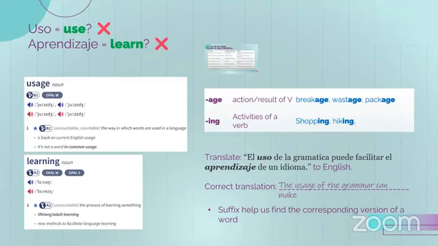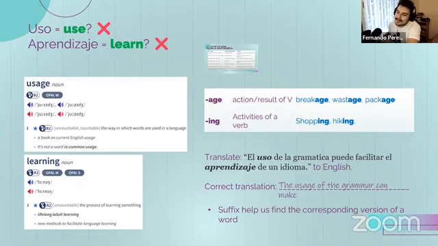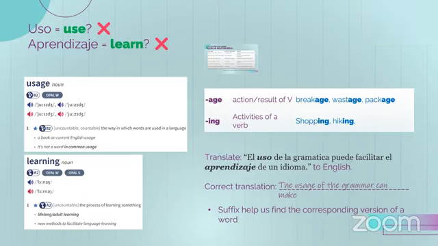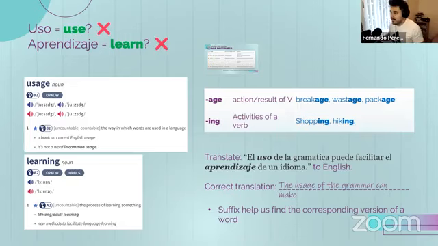You said make us, no? Make us learning. But us is a person, learning is a noun, you have a double noun. Eliminate us. Make learning? Exactly, yes. The usage of the grammar can make learning